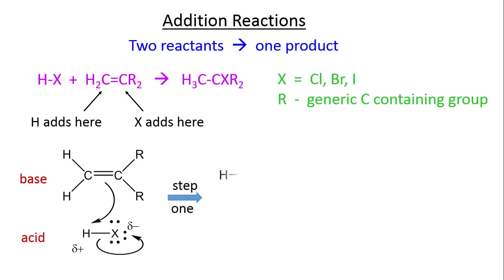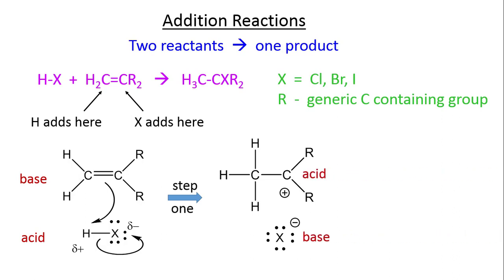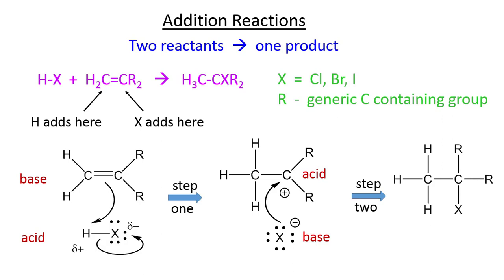The result of this first step of the reaction is a new entity that has a carbon-carbon single bond and a positive formal charge on the right-hand carbon. We also have an X anion nearby. It's not too hard to imagine what happens next to get to the final product. The X anion can act as a Lewis base, providing a pair of electrons to form a bond with the electron-deficient carbon atom. We can diagram that with a curved arrow, starting at a lone pair of electrons on X and pointing to the carbon atom. The result of the second step is the final product.